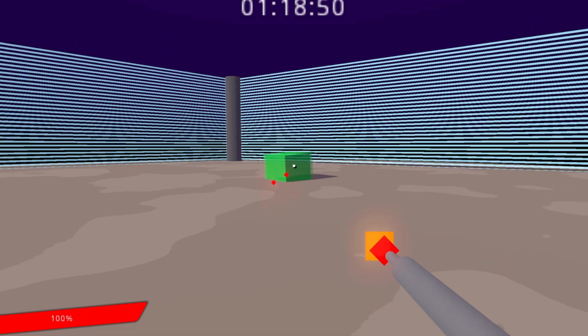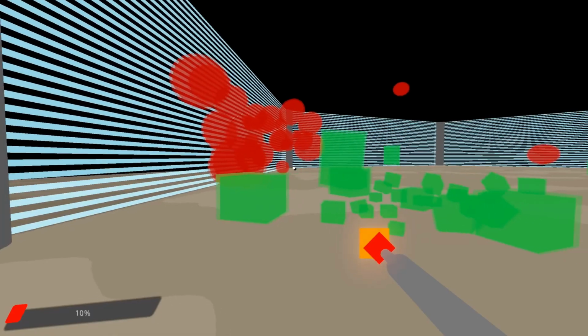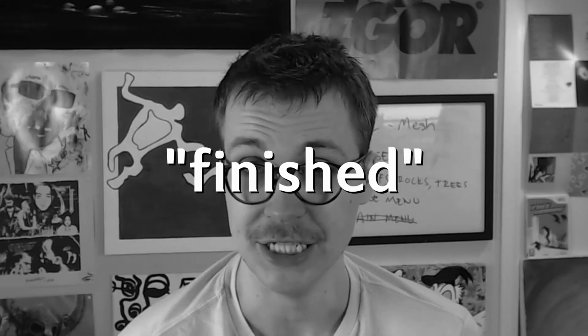First we got 3 rounds of green slimes, and then we got 3 rounds of green and red slimes. Then you can continue to play the game forever, but it's basically gonna be the same round over and over again. The game is now finished and playable, but I wanted something more, you know, some pickups maybe,